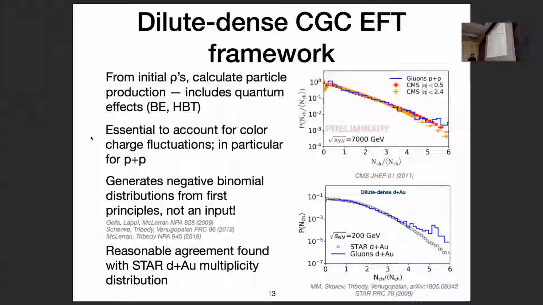Should we be worried about the high multiplicity tail? Yeah, so of course it would be nice if we could do a little bit better here at the highest multiplicity tail. I mean, of course, these are very few and far between events, so this might just be an issue of statistics, but